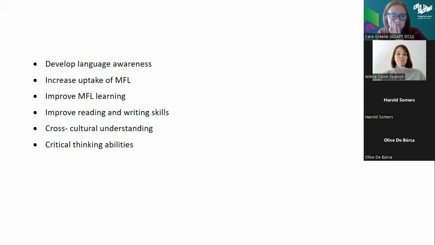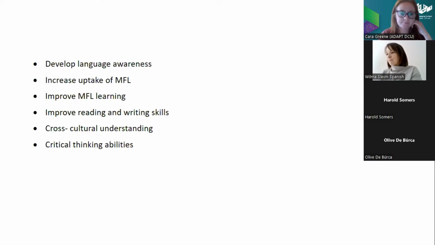They will be introduced to formal terminology to describe linguistic properties, and they will also be equipped with tools to analyze language. So they will learn about the international phonetic alphabet. They will learn about grammatical categories and so on. So they will be able to compare their native language with their chosen MFL and gain an awareness of how they are similar and how they differ.